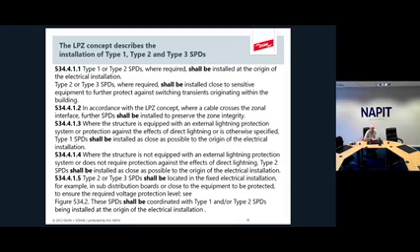The other regs shown there show that we're going to have SPDs which will be type 1 if there is lightning protection on the roof. If it's a domestic dwelling where there isn't lightning protection, you'll have just type 2s in the consumer unit. And then in the last reg there, we're looking at SPDs to protect against surges generated within the installation. And all of those SPDs have to come from the same product family to ensure coordination between the SPD types